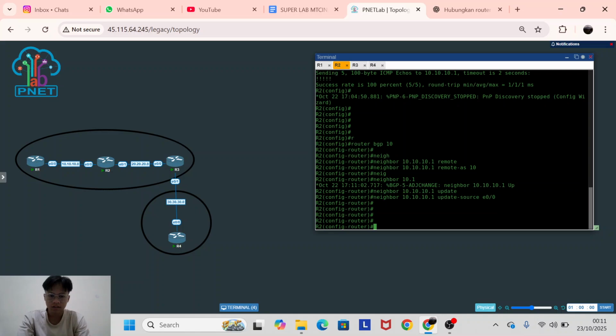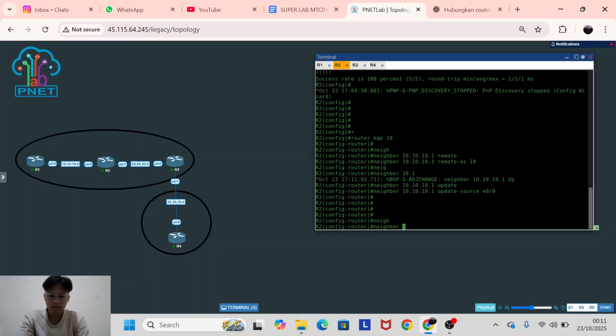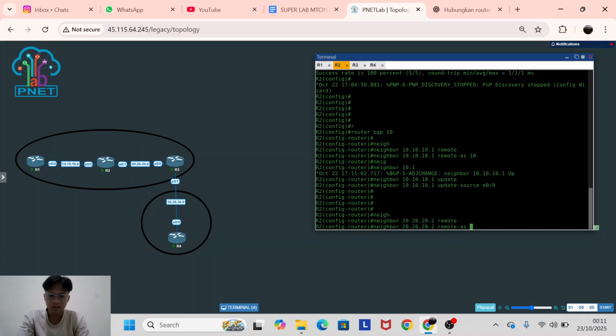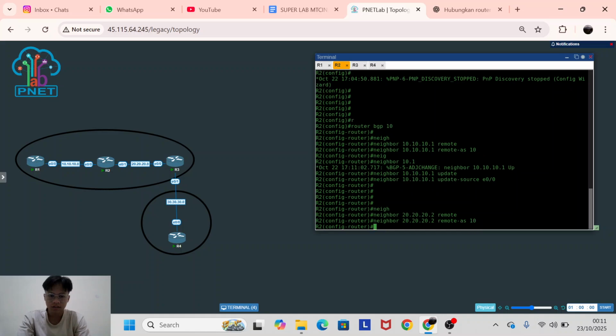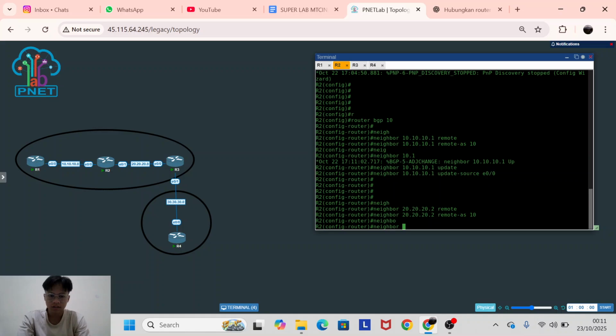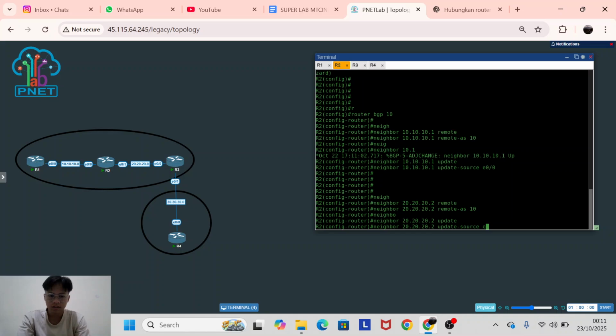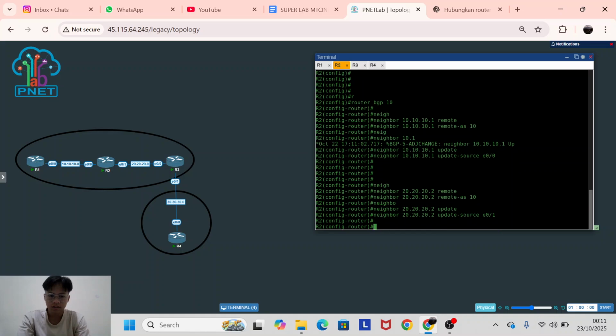Now for your neighbor on the right, 20.20.20.2, remote AS is 10, still the same, and you use your neighbor update source Ethernet. This is connected with Ethernet 1 like this. Okay,